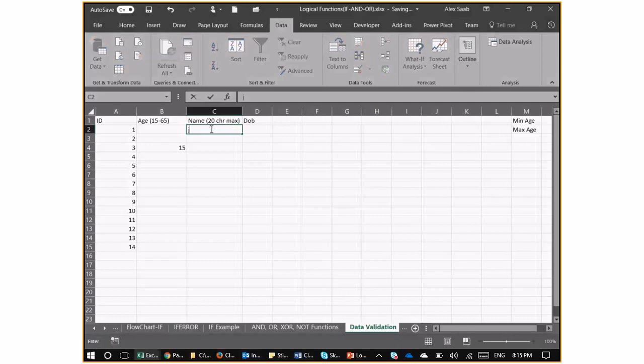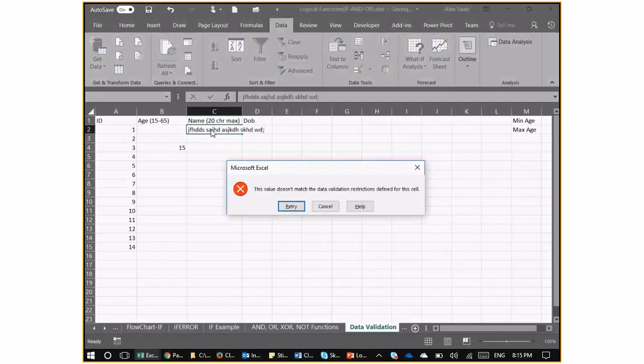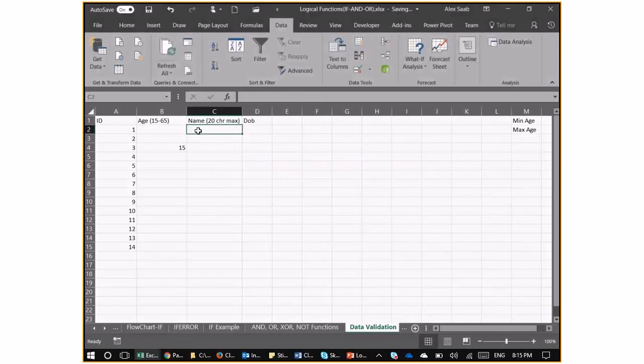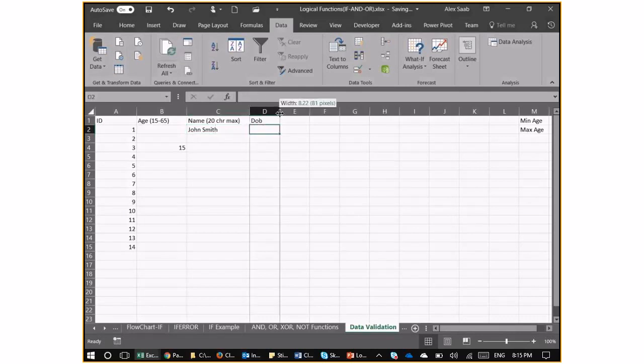So if I type in something long, it's not going to let me do it. John Smith will go through. So if you have a long name, it's not going to happen. Date of birth, you may be putting data and you have a restriction. Let's say